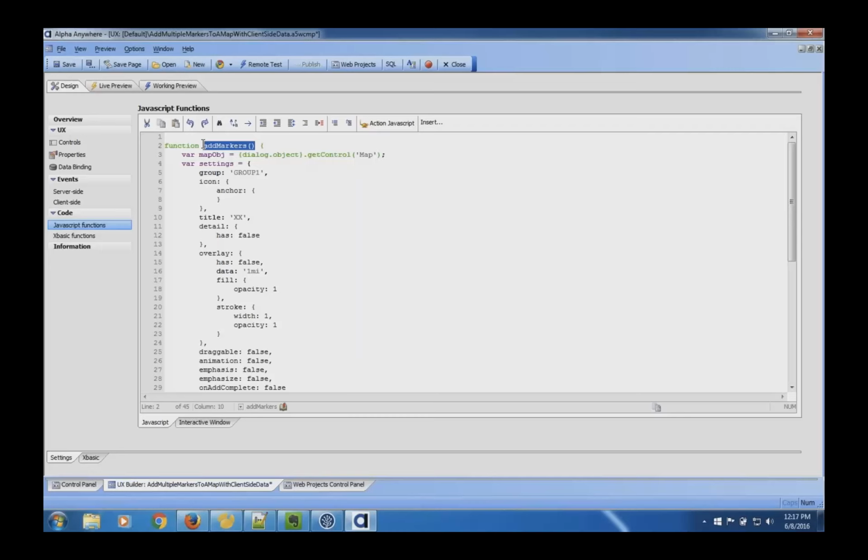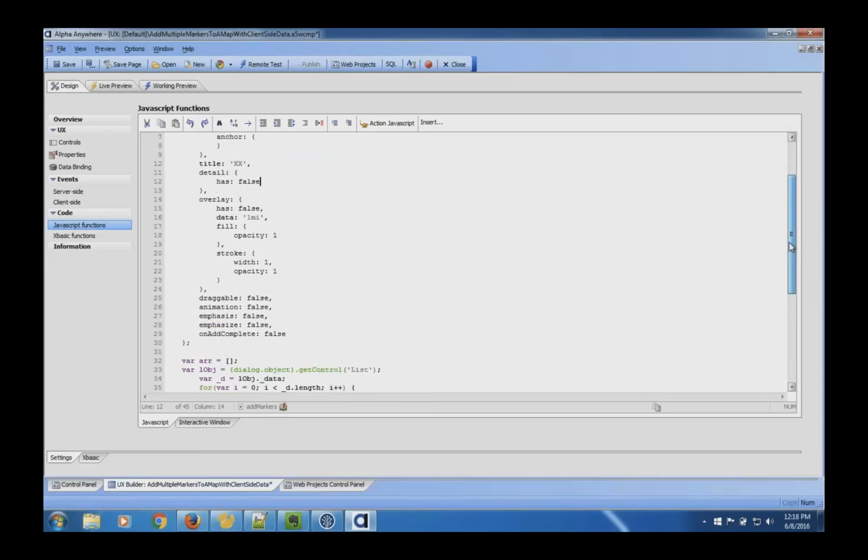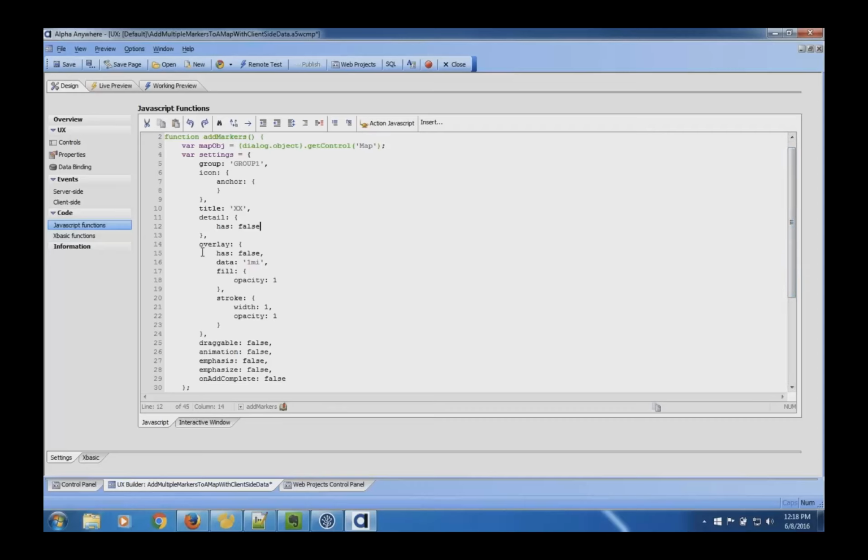And so this, I'm not going to go into super detail. It's not very hard to go through, but you'll notice in here that we're just running some JavaScript. So we get a pointer to our map object. And then we set up a variable called settings, which will pass to a command in JavaScript to actually render the little item. So in here, we're setting up all the different parameters, like is it draggable? Is there animation? Is there any emphasis, etc. So think of this as kind of the settings for when it actually puts the pins on the map. They're presented in a certain way, including what group they're a part of,